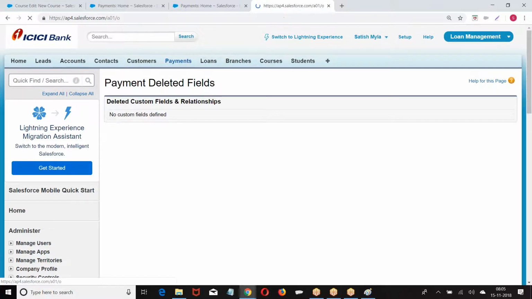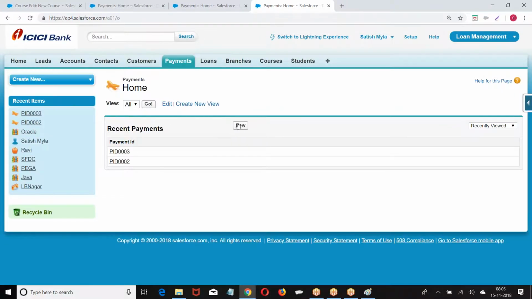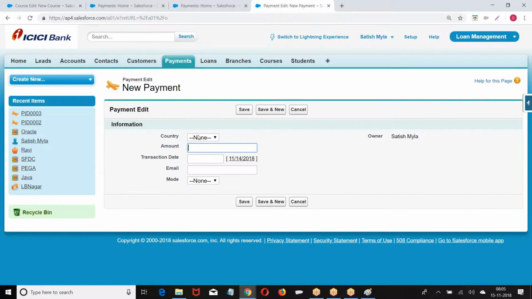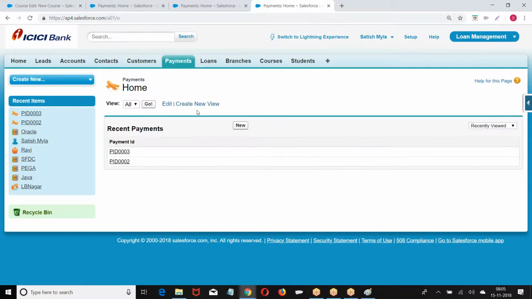Now we have the payment object. There is no lookup field, right? But there is some data in the table. So already when a relation is existing, I deleted the field, right? Here the question is, the client wants, master, the client, already we have some data. Now he gave a new business requirement.